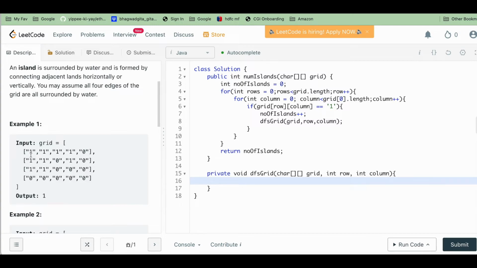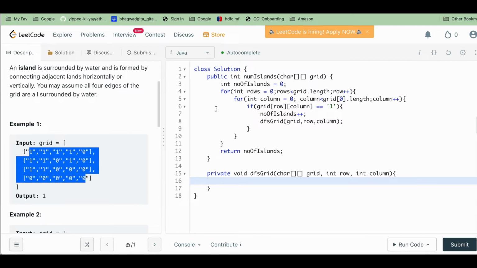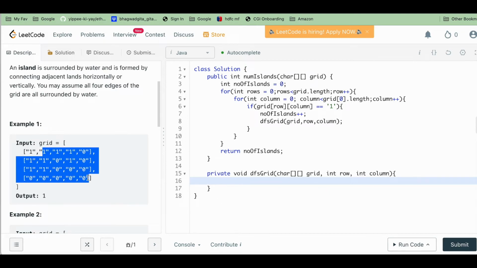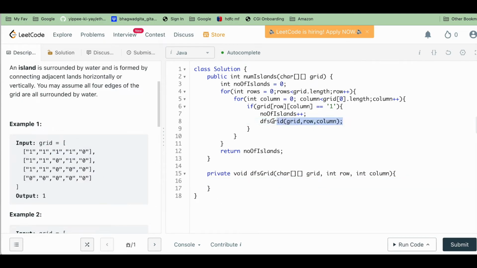To understand this, suppose there is a scenario where all values in the grid are 1. In that case, we know there is only one island. So our loop will come here. We will increase the value of island by 1. And when we do DFS from this position on this grid, we will convert everything to 0. So this grid will become 0 and control will come back to this function. Then again it will go to this for loop and go through each element, but now all elements are 0. So that is the reason it will not go inside this loop, we will not increase this variable, and no DFS will be done. In this way we make sure that we are not taking into consideration those 1s which have already been used for finding an island.